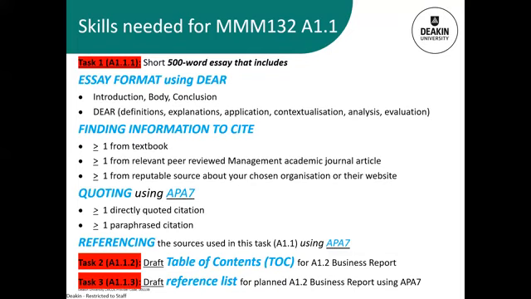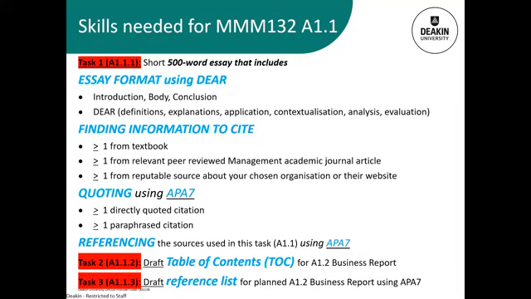Task 3 is where you'll have your second reference list. You'll need to refer to the 1.2 business report instructions to see what's needed there, okay? You don't need to read or summarize those sources at the moment, and when you come to writing the report, you might even use different sources. What we're looking at in assignment 1.1 is the skills. Can you find relevant sources, and can you format those sources in APA 7? That's what you'll be showing there.